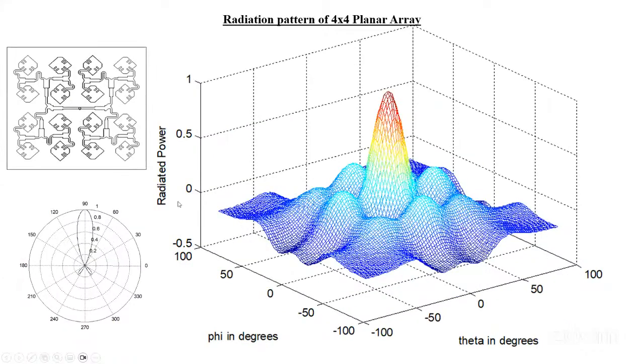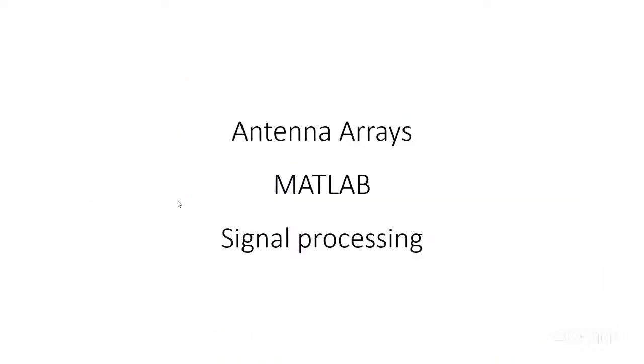So you can choose any number of elements, and you can generate by increasing the pixel or the step size or reducing the step size. And if your PC permits, you can generate beautiful three-dimensional radiation patterns for any number of elements, whatever you choose. So it need not be a perfect square like 4 by 4. You can generate for 2 by 4, 2 by 8, 1 by 8, all those. Like you can generate three-dimensional patterns for any size of the array. Okay, so this is for designing.